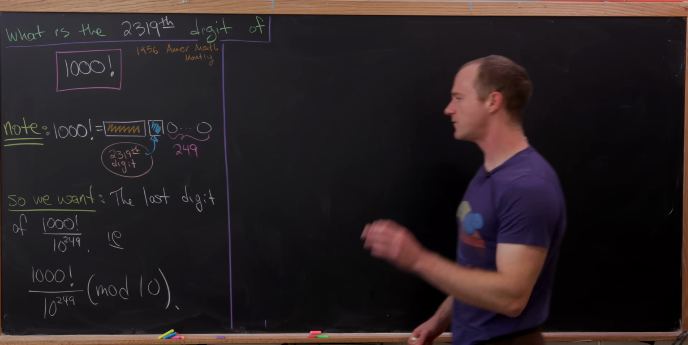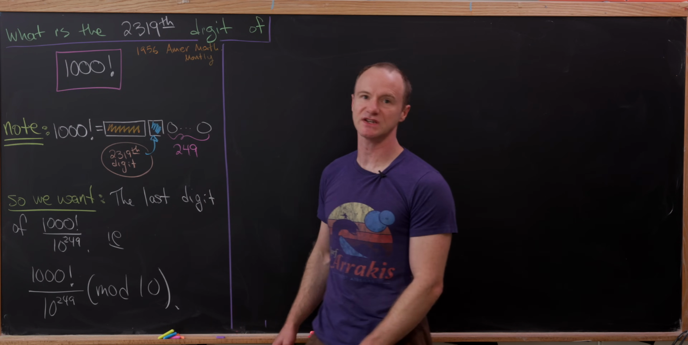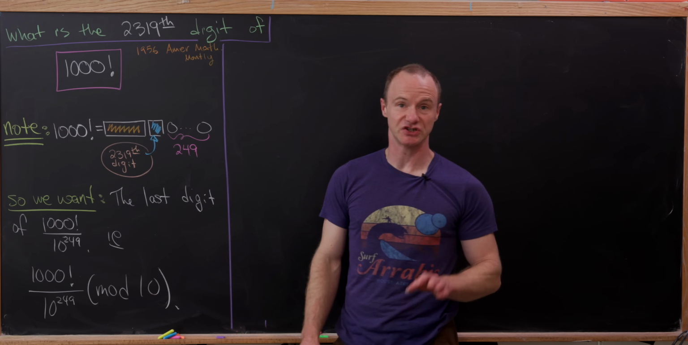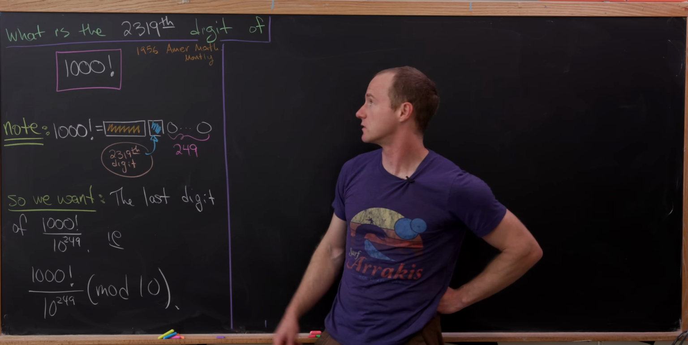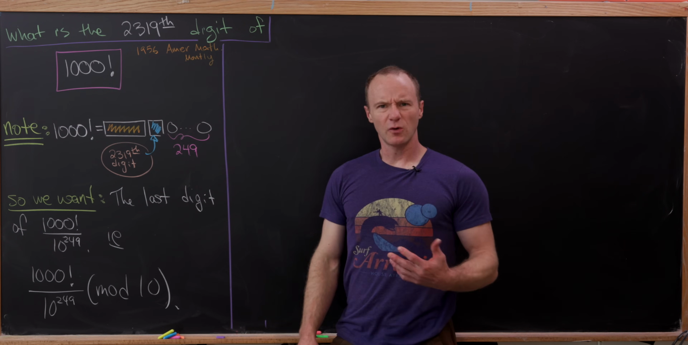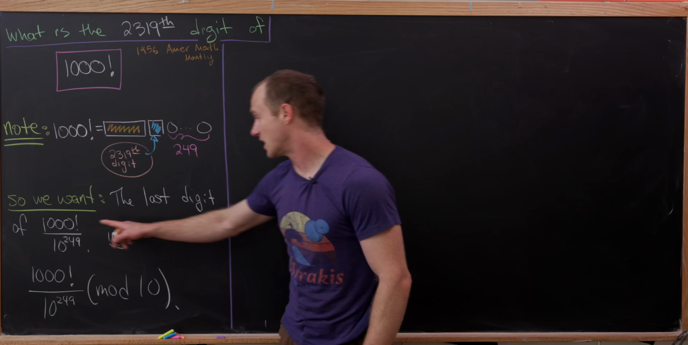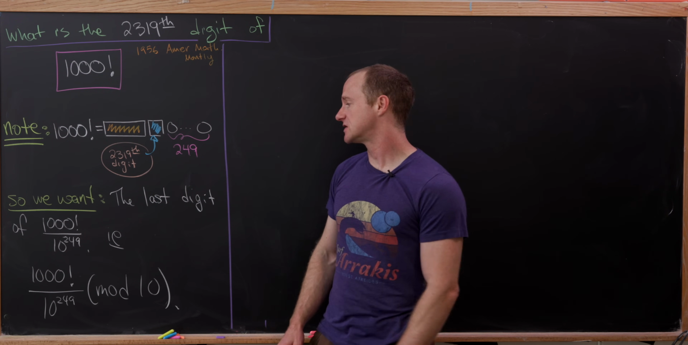Okay, so far we've decomposed our number 1,000 factorial into a bunch of digits, and then this 2,319th digit sitting by itself, and then 249 zeros. And our goal was to find that blue digit right here. So put into other terms, we really want the last digit of 1,000 factorial divided by 10 to the 249,